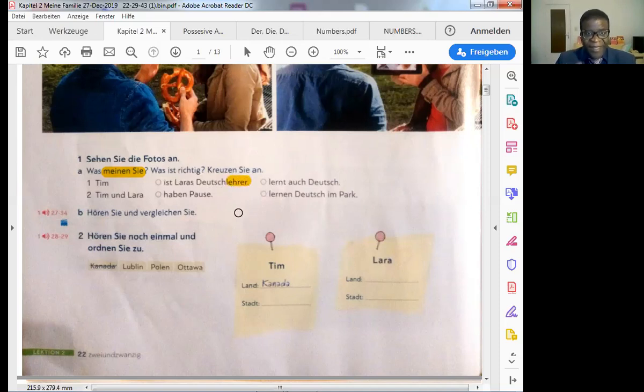Okay? Now we are saying Lehrer because Tim is masculine, a man. If the teacher is a woman, this is how it is with professions in German. Normally for women, we end with IN, or auf Deutsch, IN.